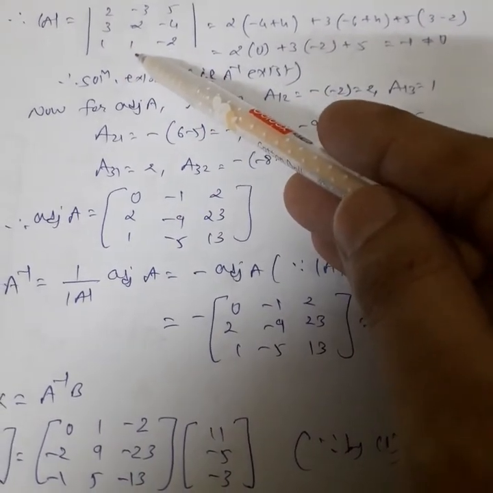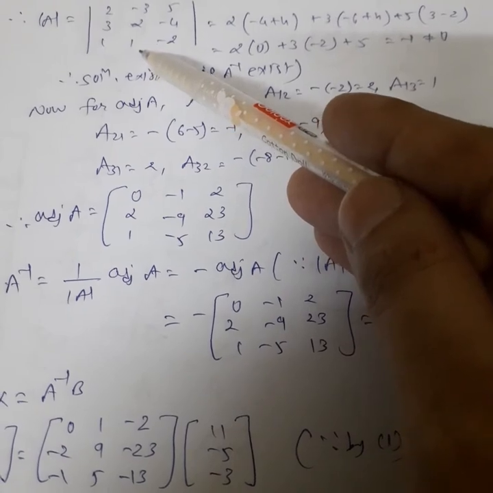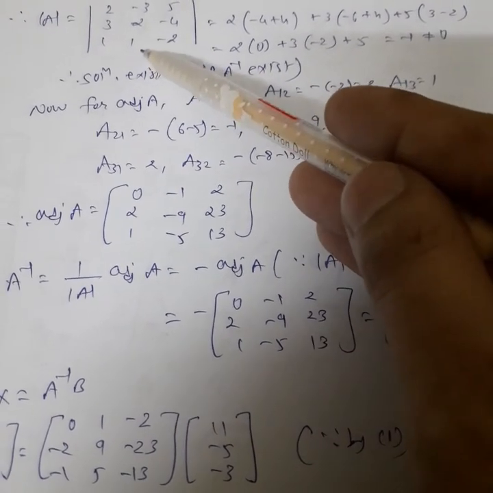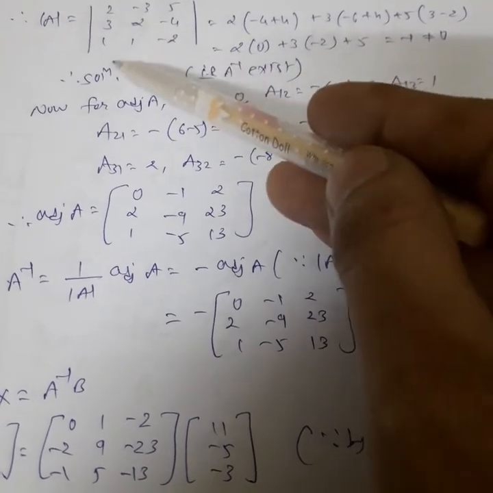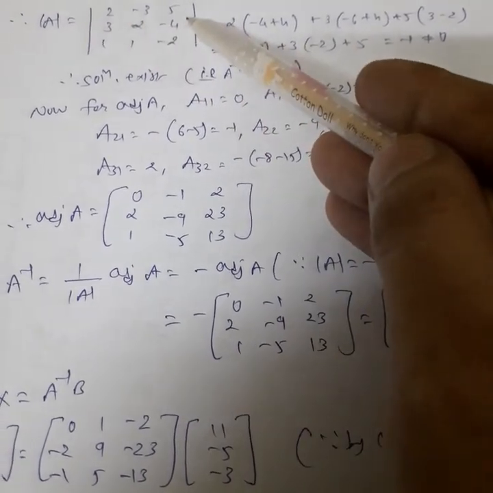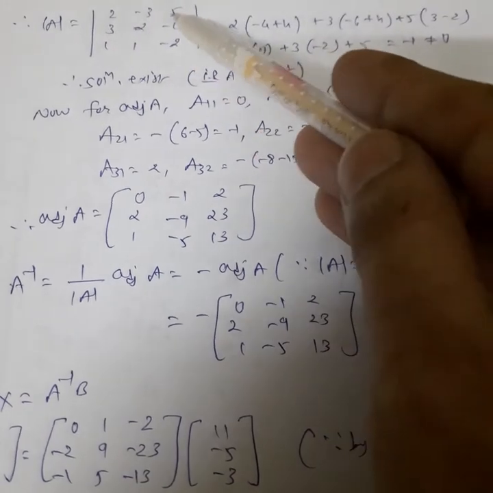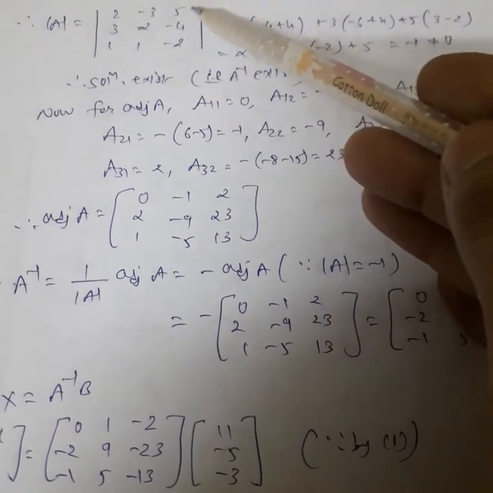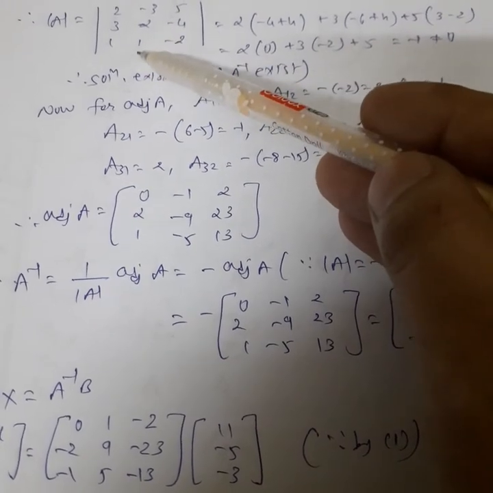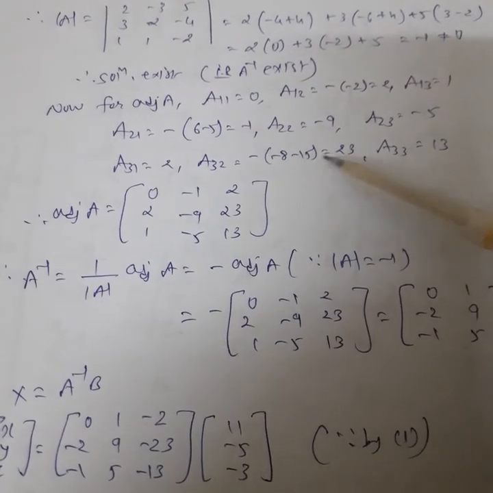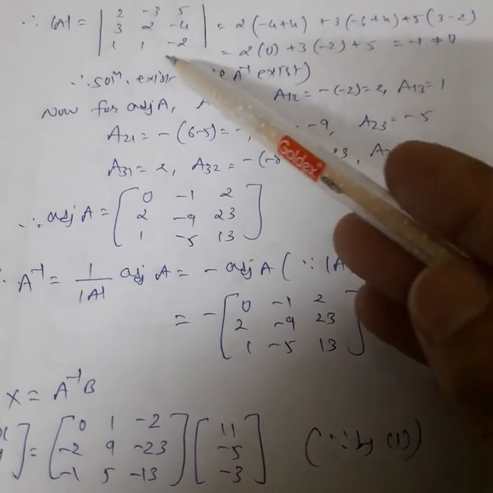Now again we find the cofactor of the element of third row and second column. So it is again the cofactor of 1, but the position is changed. So third row and second column should be cancelled, and the expansion of the remaining entries will be minus 8 minus 15, minus 23. But 3 plus 2 is 5, minus 1 raised to 5 means minus 1. So minus 1 into minus 23. So its cofactor will be 23.